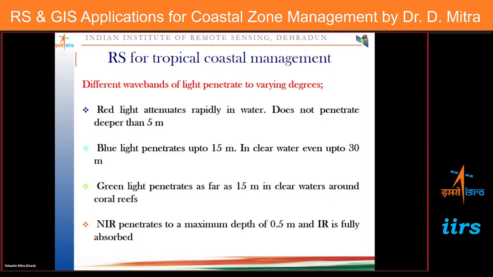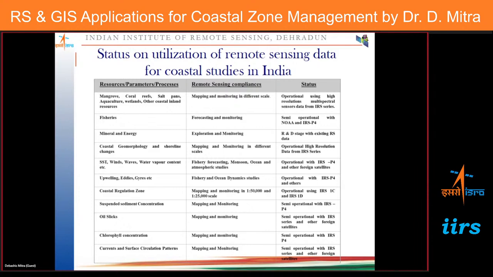These are very important from the managerial point of view. If I can tell decision makers, this is the area, and in 2030 the shoreline is going to be like this, it will be very easy for the planners to plan accordingly. So these are very important areas to find out. So now, what is the utilization of remote sensing data? If you summarize, then we will be able to see that